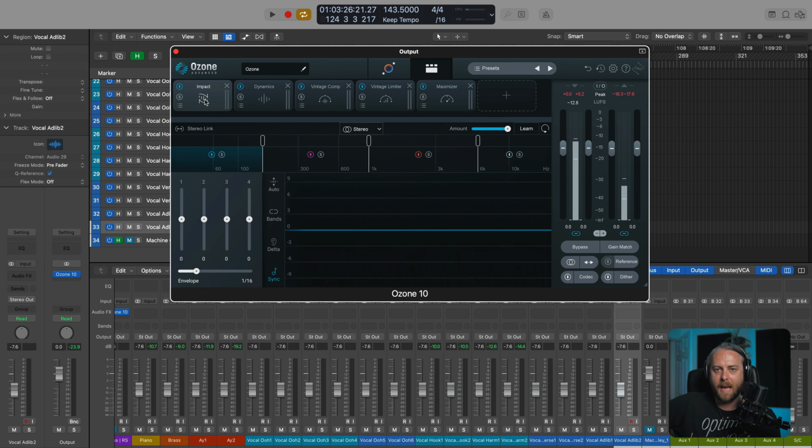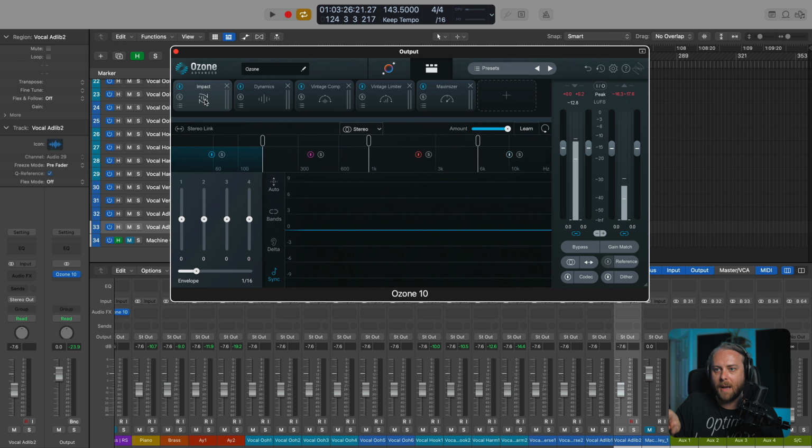I want to start with Impact because it is the new kid on the block, and it is really, really exciting to be able to control our music at this microdynamic level. So when I talk about microdynamics, macrodynamics is like the difference in loudness or dynamics between a verse and a chorus. When we talk about microdynamics, we're talking about miniature events in the rhythm, in the tone, in the vocal, in the hi-hat that we can control at a very fine level for the first time. And because we're talking about dynamics, I'm talking about not just suppression or control of dynamic range like we would with a compressor. I'm talking also about expansion and highlighting, elevating certain moments.